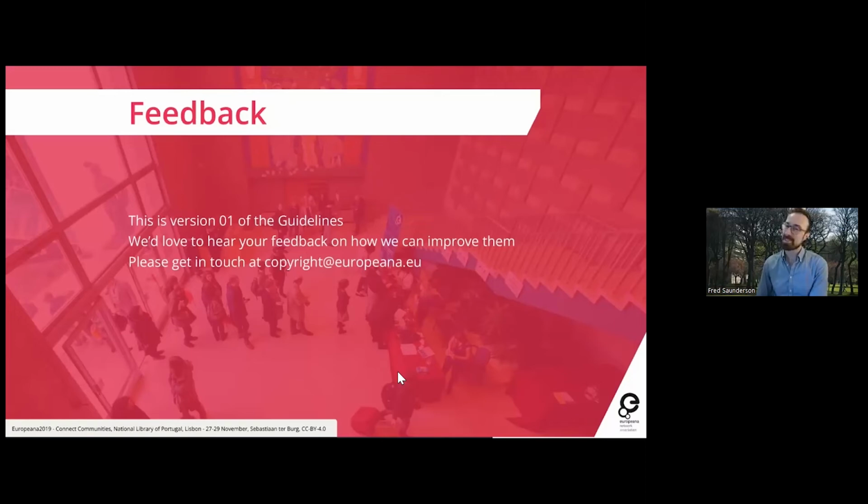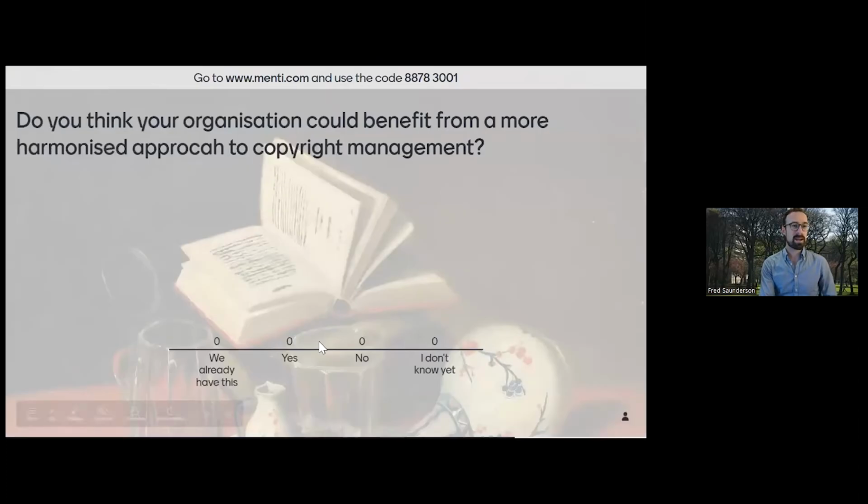Yes, my dog is very pleased with the guidelines. He's just iterating how pleased he is that there's such an important structure available for him and his copyright management objectives. So yes, we'd really welcome your feedback at any time. But equally, if I can get the slides to progress. Sorry, can I get back to you, Ariane?